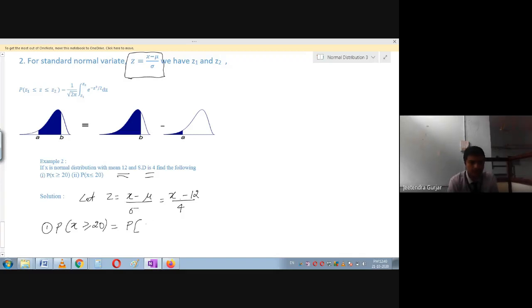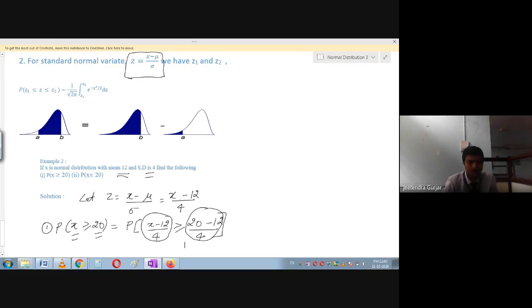So I'm going to substitute the values here, student. So it is X minus 12 divided by 4 here, because we know only X. Here it is X. Similarly, they have given X is equal to 20. So this is less than or equal to, I'm going to substitute here 20 minus 12 divided by 4. Is it clear? So this full value is X, and here they have told X is equal to 20.